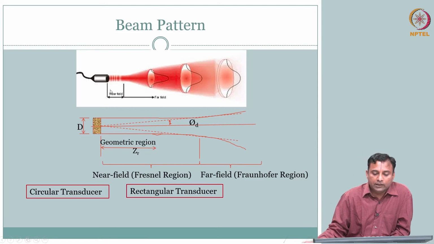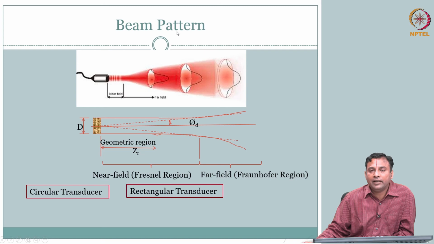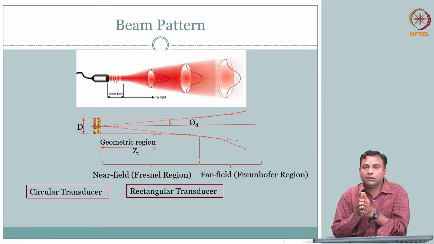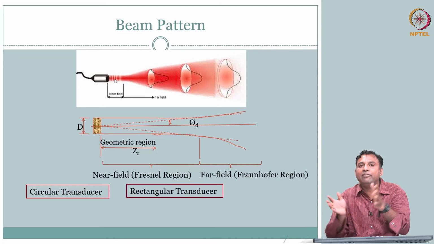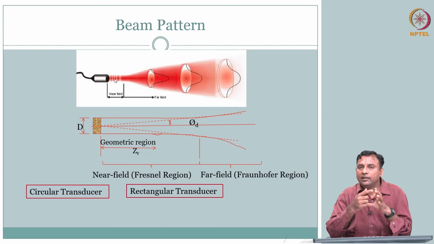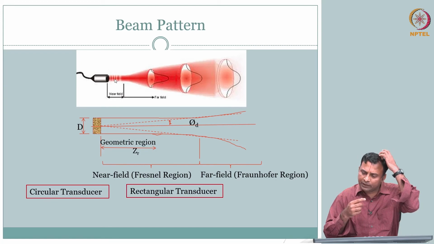So it turns out that it's not as simple. So we call it the beam pattern, because you will realize that it is not a straightforward visualization. So what happens is, when you operate this transducer in the compressional thickness mode, it turns out that the wave that is coming out is actually inherently diverging in nature. So it is not just going to be restricted to only the